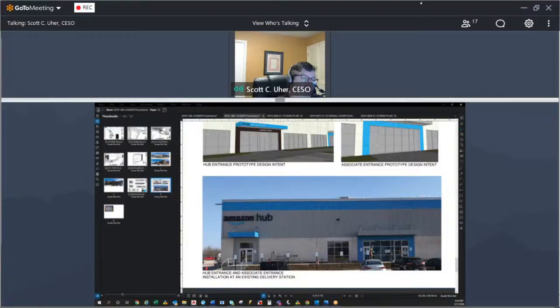Originally Amazon was going to have the entire building, and in the lease terms I believe their ultimate plan is to occupy the entire building once we have lease negotiations, or if the current tenant vacates.